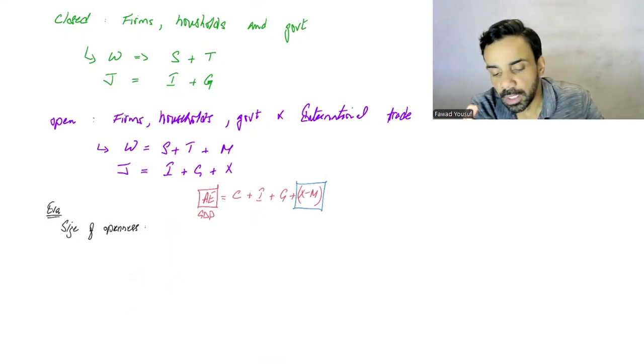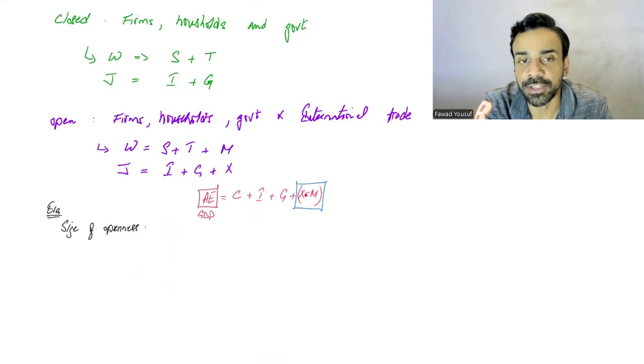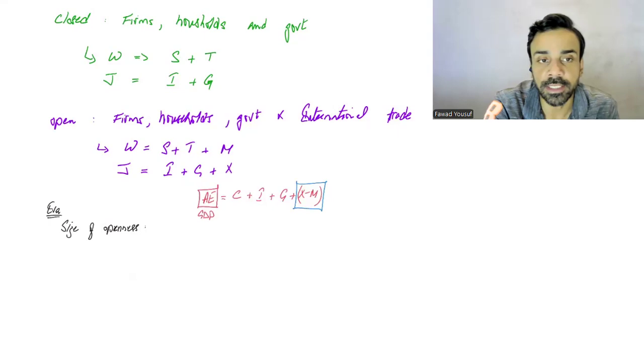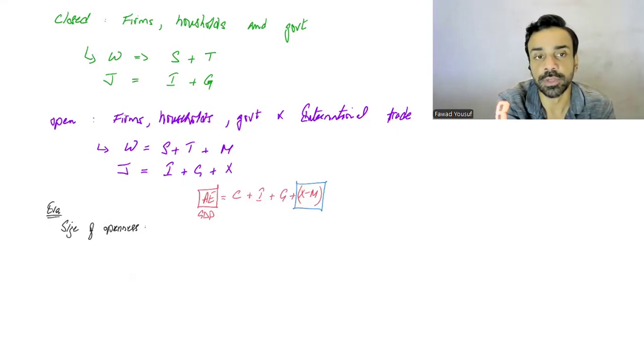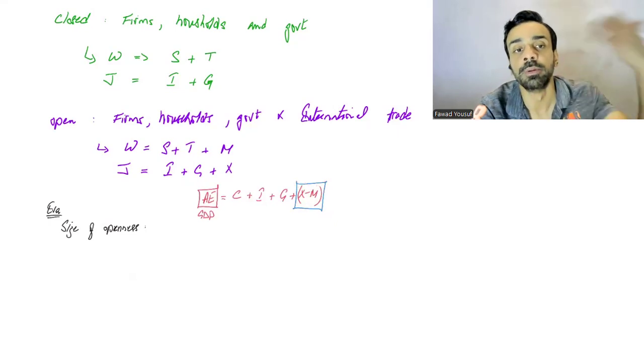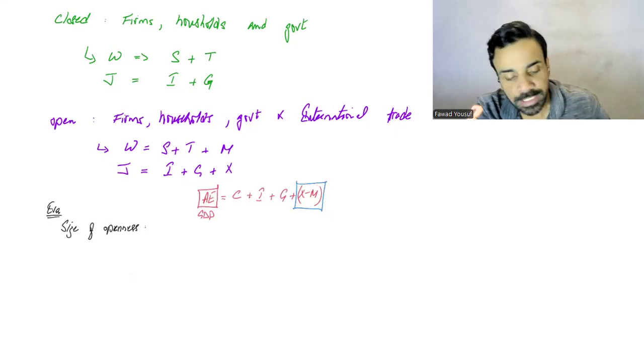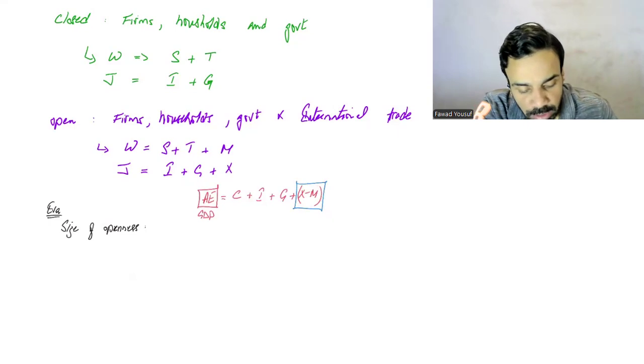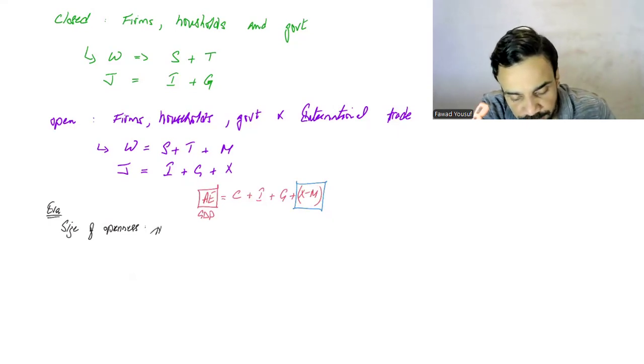So Iran, a highly sanctioned economy, their X minus M ka number would be a lot smaller compared to the whole thing. So as a percentage of the GDP, this would be very small. For United States and other countries which are much more open to trade, their number of X minus M will be much greater. So size of openness, so this affects